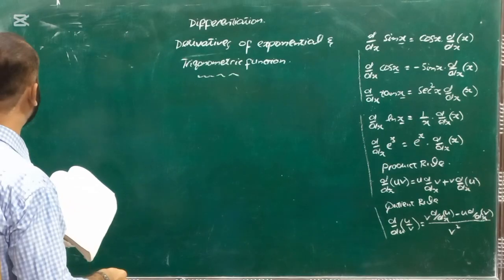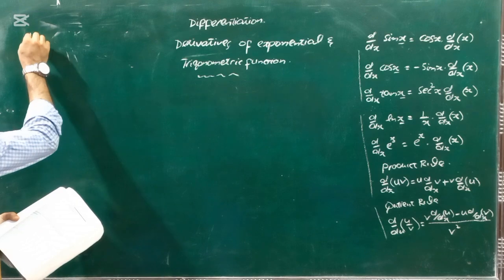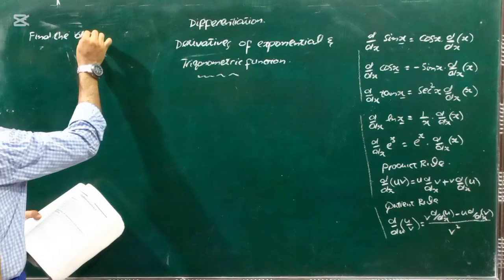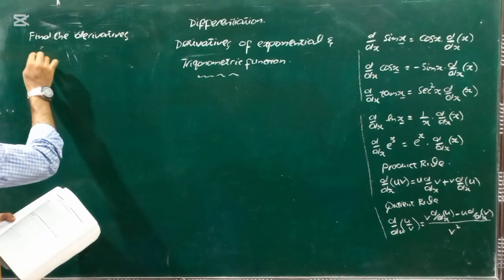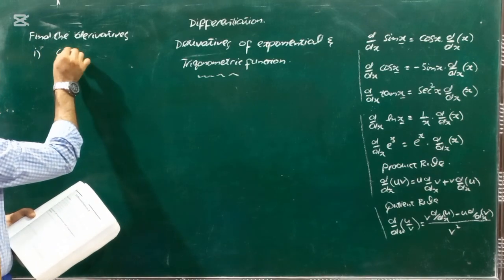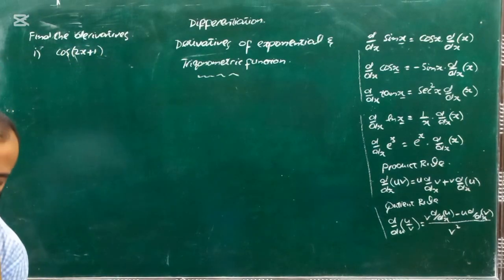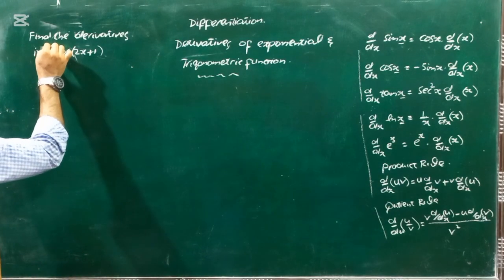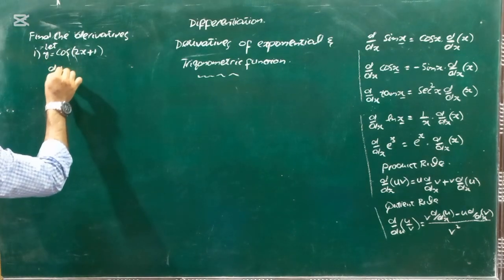Okay, here are some questions that we are going to solve. The requirement is find the derivative. And first part is cos of 2x plus 1. So concentrate now. Always let first the function equal to y. So now dy by dx will be equal to,